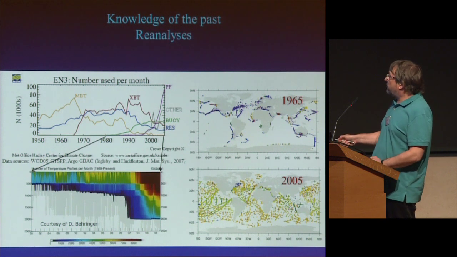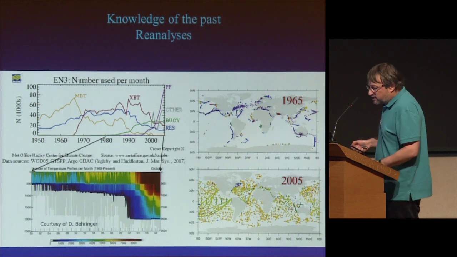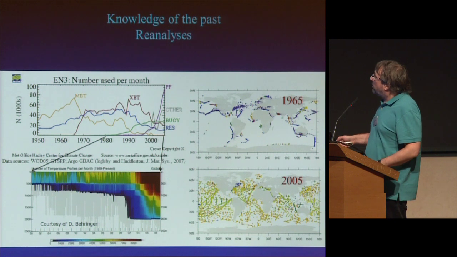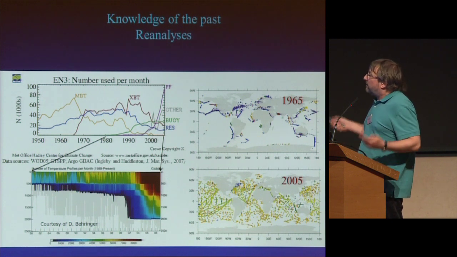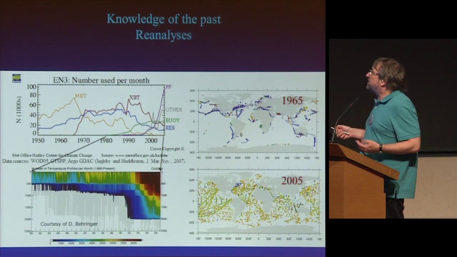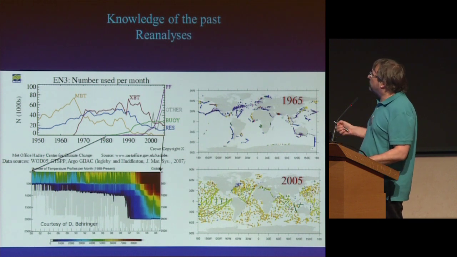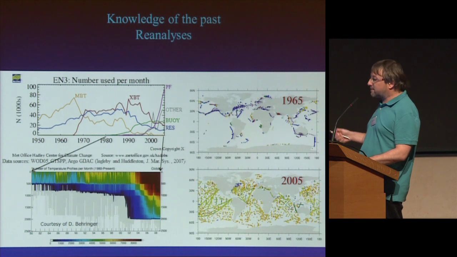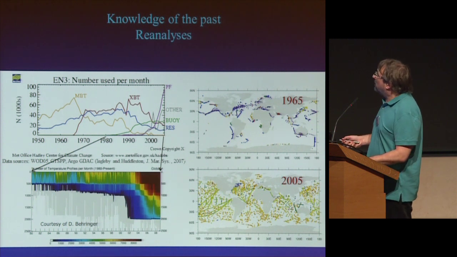So you can see that there is a dramatic increase in the observations, but there are also some decadal observing systems that could result in some decadal signals in the reanalysis, and we need to analyze